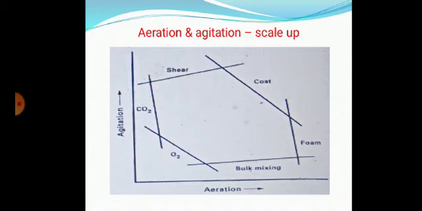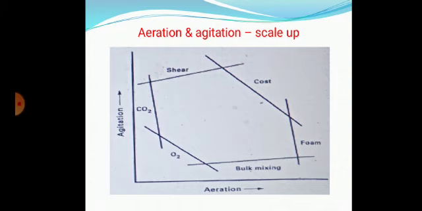See for example, cost, I will tell you. You can see the cost line is there. If the dot goes above the cost line, that is, if it goes outside the window, cost will increase. You can just see here, if you increase aeration from 100 liters per minute to 1000 liters per minute, 10 times more aeration, what happens to the cost line? You see the cost line keeps moving towards one end. When the cost line moves towards the ends, the cost of the product also increases. When you increase the agitation, you can see the cost line also keeps rising up.